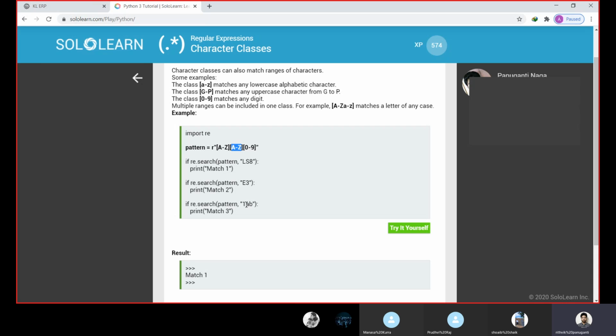And another, we have given a digit at the start, but then we need to enter a character here, but we entered a 0. Here we are entering only 2 characters instead of 3, so it shows an error. Here we are entering 3 characters, but the digit must be entered at the last of our input, but it is entered at the first. Also A and B are entered in lowercase, but we need to check only with uppercase. So this is false, so it will not print in our output. Only this matches our expression, so we can see this in the output as match 1.